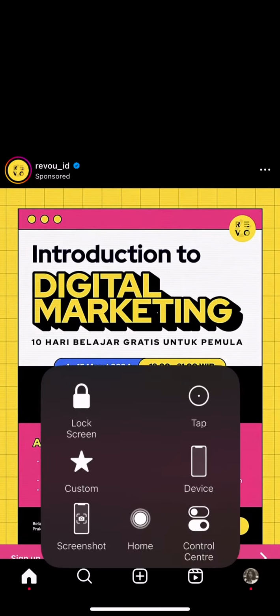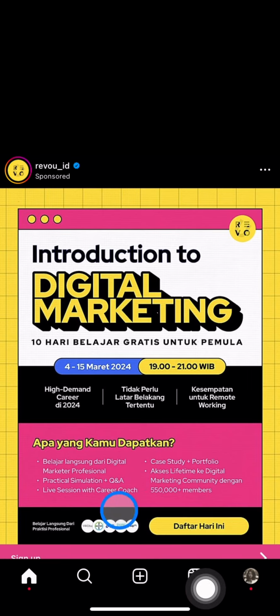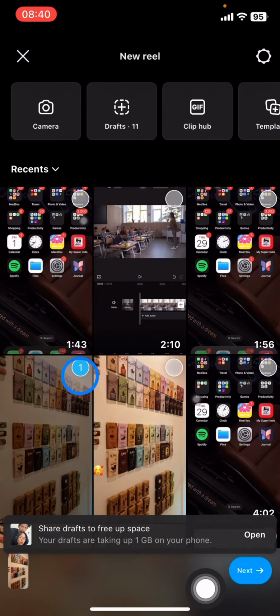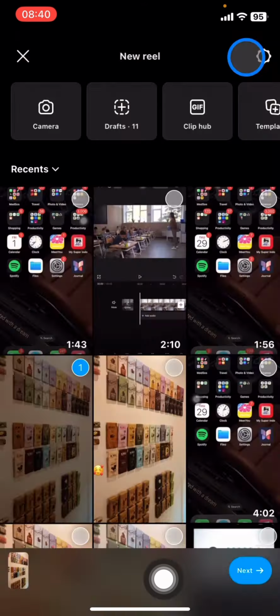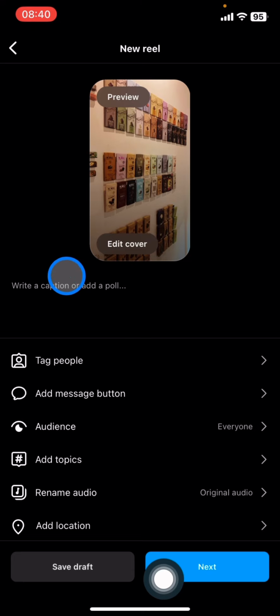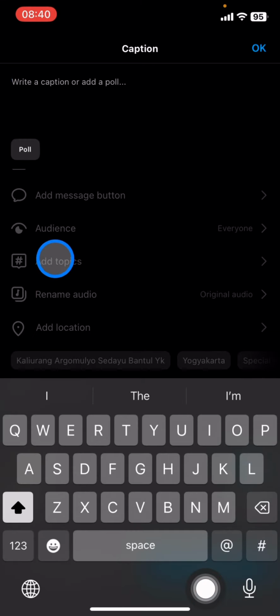The second way is you just need to create a feed post. So you can create polls on your feed too. You just need to click this plus button and pick the picture that you want to use for your feed to create a poll. And right after that just click next and click next again, and you just need to click this caption part, and there will be options, a poll section. Click on it,